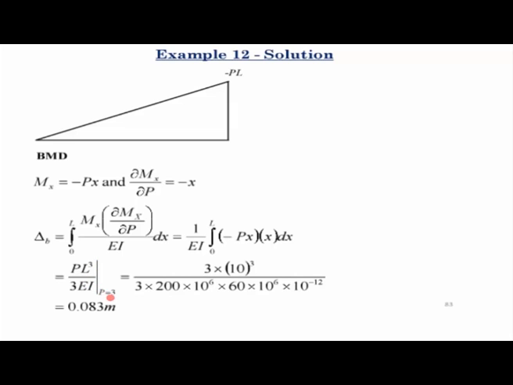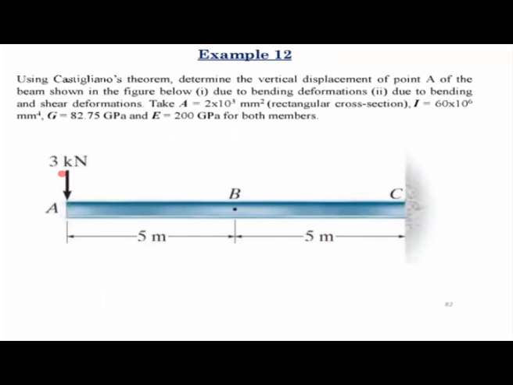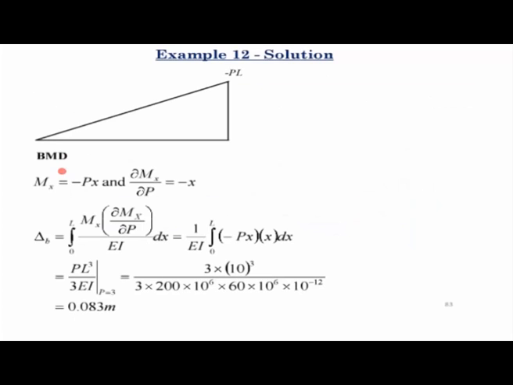Now here, this is what I told you when I was discussing Castigliano's theorem for trusses. Since we replaced that load by P, when we are calculating the deformation, instead of taking P equal to 0, we take P equal to the actual value of the load that is existing on that beam. So we use P equal to 3. We put that here, put the value of the length, put the values of E and I, and you'll get the bending deformation. So that is the deflection of this point considering the bending deformation.